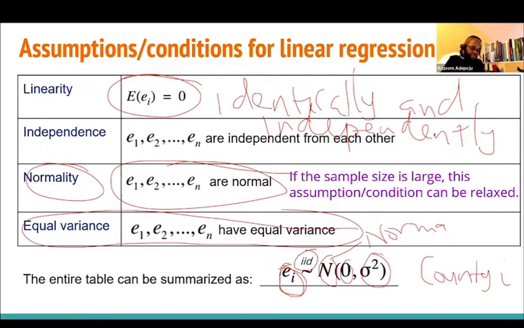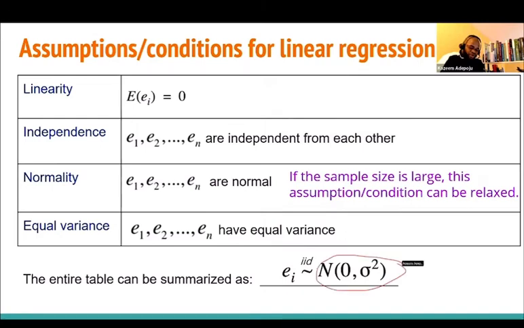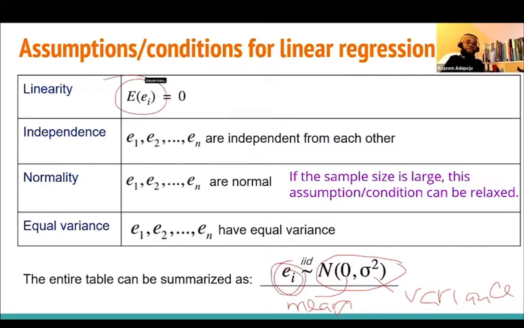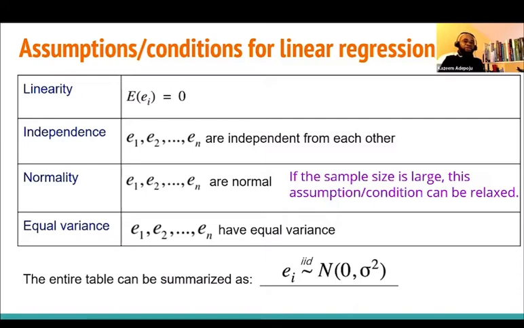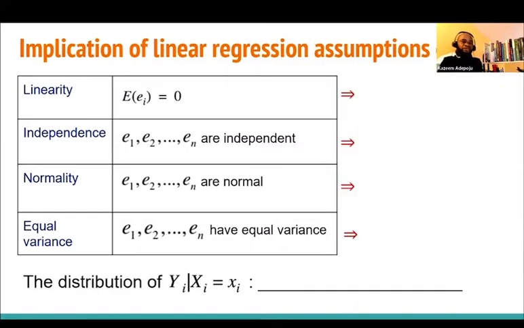When you define something like this, what happened here? This is the mean. This is the variance. Mean of what? The mean of the error. The variance of what? The variance of the error. So the mean of the error is the same thing as this. Expected value of error means the mean of the error. Does that make sense to you right now, the person who asked the question? Yeah, thank you. I'm so excited you understand that. Now, somebody will say election has consequences, right? Election has assumptions, and they have consequences as well.